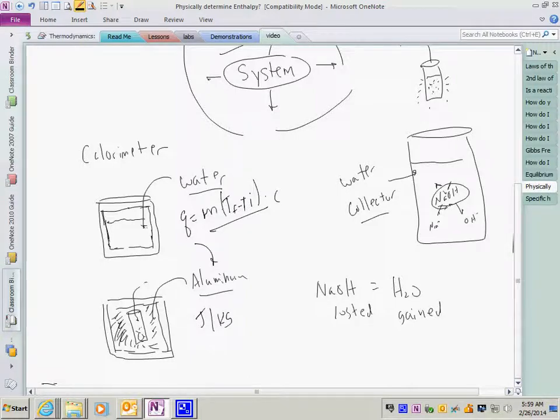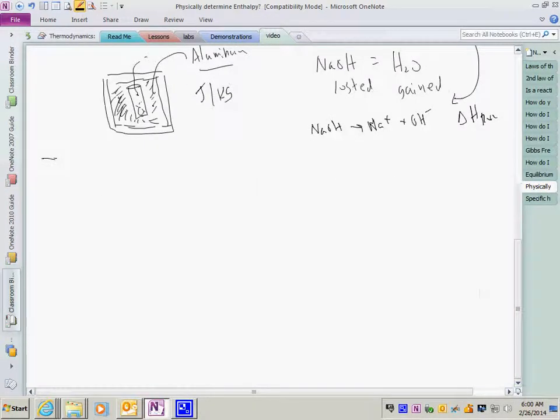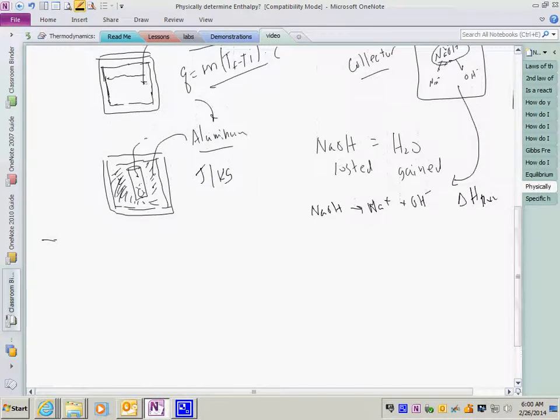A lot of times, we can just simply measure this as energy, which is in joules per kilogram, potentially. Or if we're looking at a situation like with the NaOH, I can get myself a delta H for a reaction. I would say, okay, well, if I have NaOH going to Na+ and OH-, this is a dissolving reaction. It's actually quite exothermic. But in this case, I would take my reactions. Okay, well, I want to figure out this is in kilojoules per mole of this. So I could legitimately take 40 grams of this, which is equal to 1 mole,